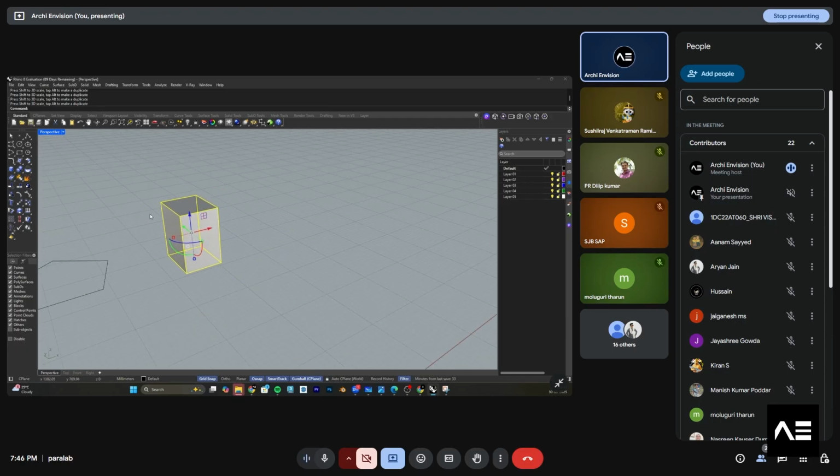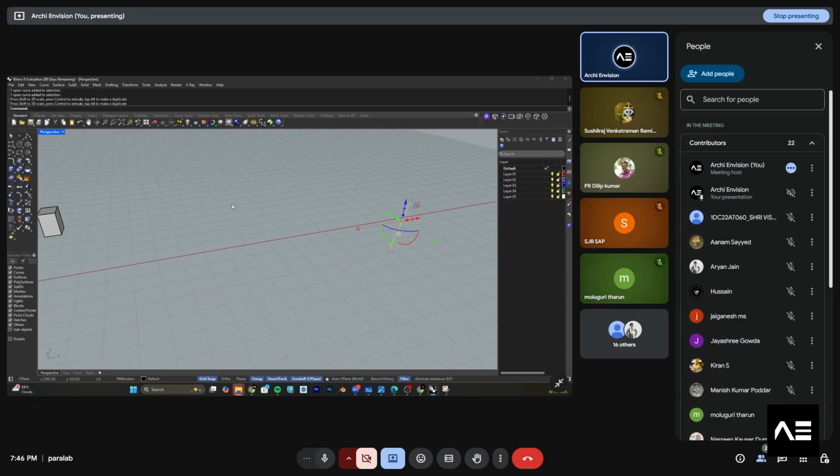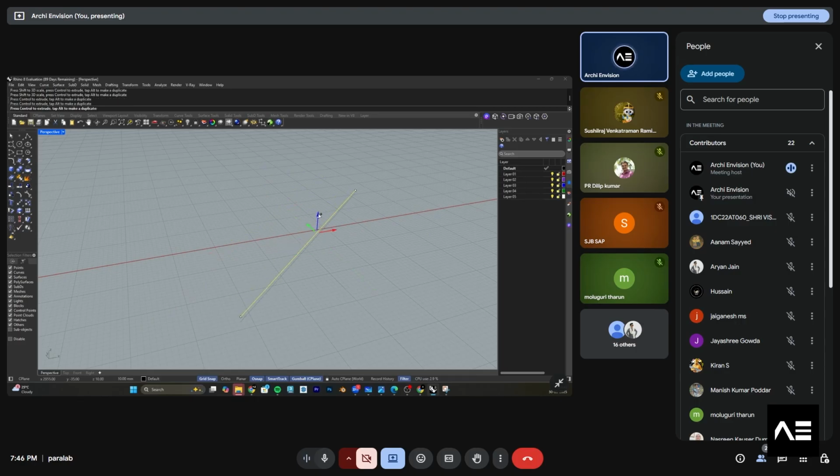In 2D you don't have Z, so you will have only X and Y, only 2 sets of axis control in the scale. If you want to move it, just click on the red axis to move it in the red axis, click on green to move it in the green axis, click on blue to move it in the Z axis.